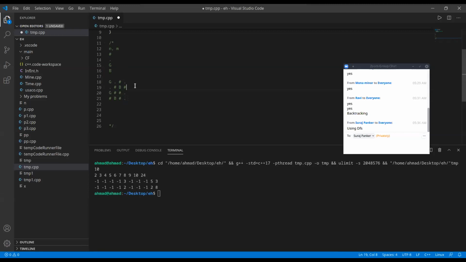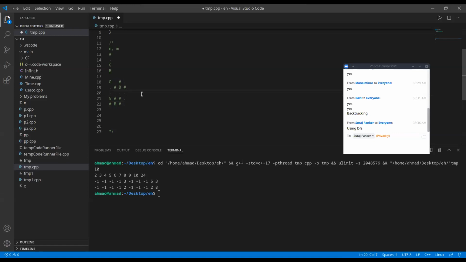But let's make a simple example here. For this matrix, it's clear that this good person will walk through this path and then go here, and this good person also will walk through this path and then go here.